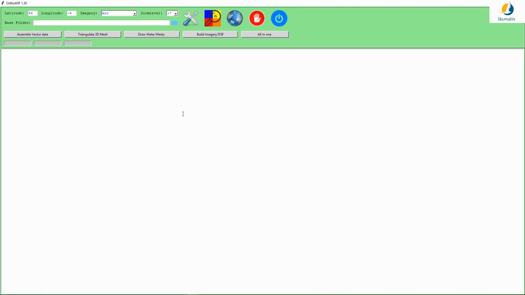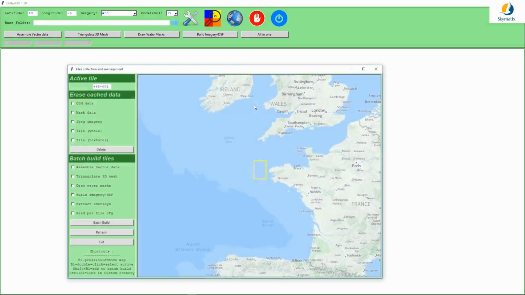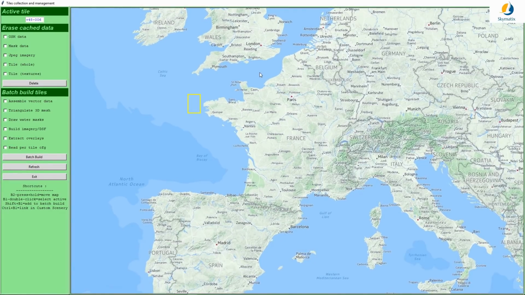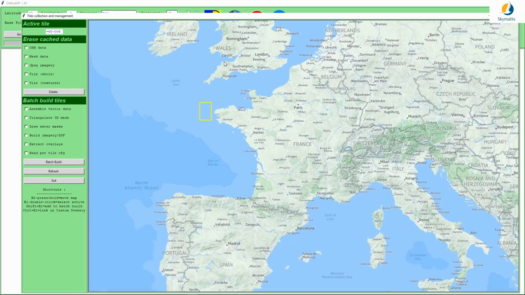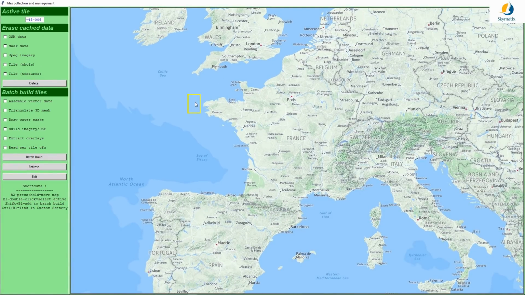So that means that behind the scenes now in the brain of this program, it's been set up what we want to have happen with our tiles when we create them. The next step, as you can see, I'm going to just skip that little button there. I'm going directly to our Earth map, and those coordinates are the ones that you actually see at the top there, 48 minus 6. So it just shows you that's the default location where the first tile will be generated,